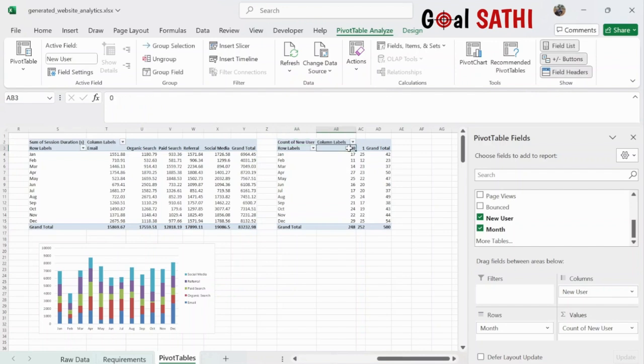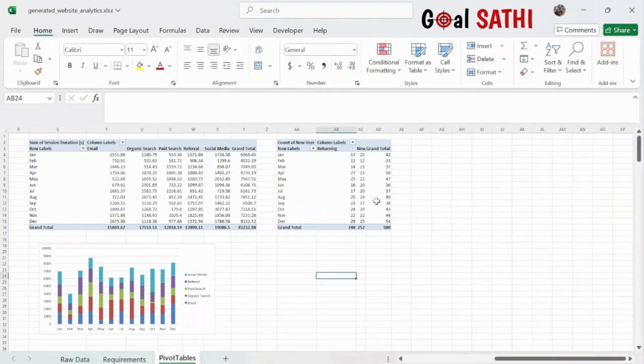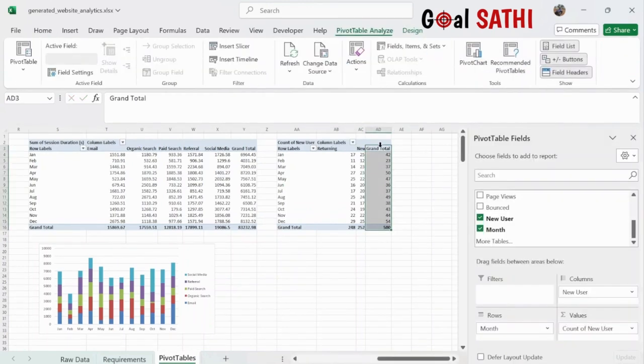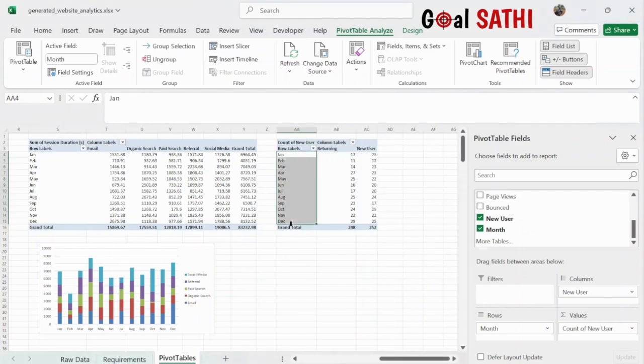So I can rename this as returning, and I will rename this one as new user, right? And I am not interested in knowing the grand total here, so I will remove the grand total column here, and again on the row side as well I will click and remove the grand total,